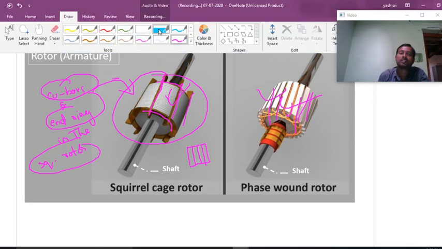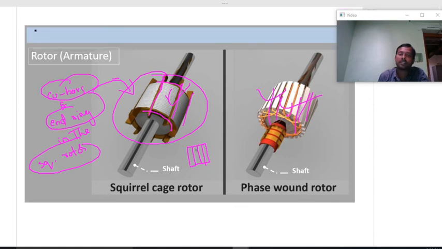That is not placed in a straight manner, because these copper bars are skewed at certain angles. Skewed means that if the copper bars were straight and parallel to each other, they would look like this. Skewed is nothing but twisted at a certain angle. The copper bars are skewed with certain angles.